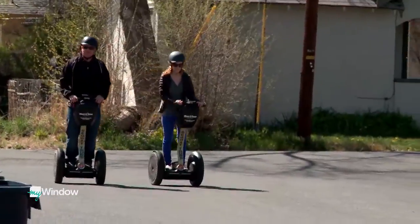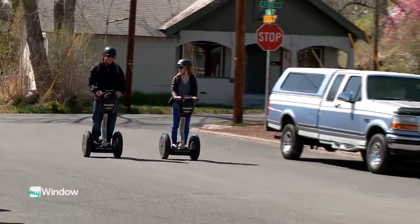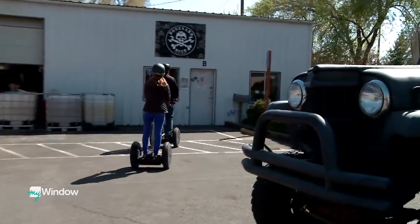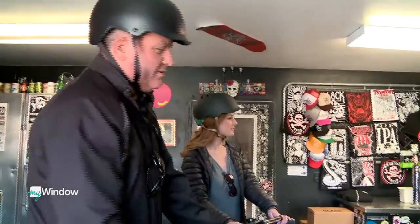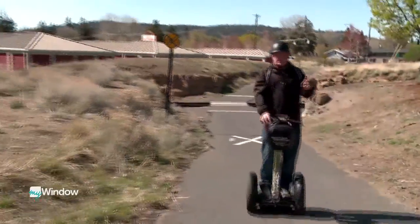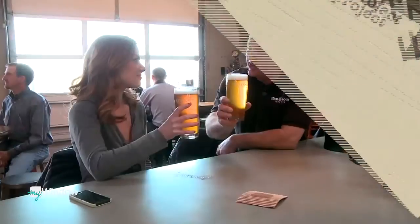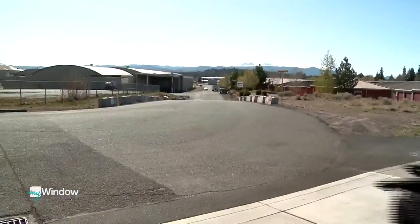Then we got thirsty. So a tour of Bend is not complete without a beer. Everybody knows that. Boneyard's a great place for us to stop, do a quick taste. Try the espresso while I'm here. Oh, yes. Thank you. And the taste test didn't stop at Boneyard. But go ahead straight in, Mackenzie. We're going in. We cheers to Justin's camera skills on the Segway,